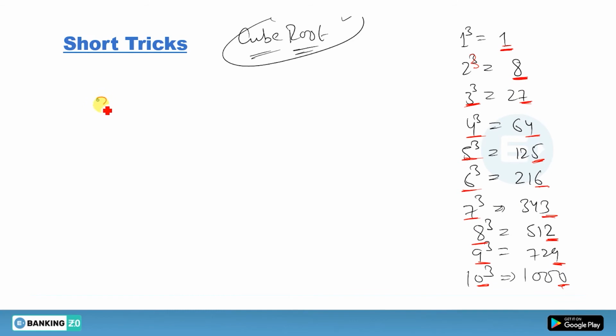Okay, now first of all we have to find the cube root of this 3375. So how are you gonna do this? From the right hand side, just take these three digits. Okay, you have taken these three digits. Now 375, just remove this. Now what do you get? 5 at unit place, and in the case of cube, there is only one case in which you get 5, and that's 5. So you will get 5 when you have unit place as 5.